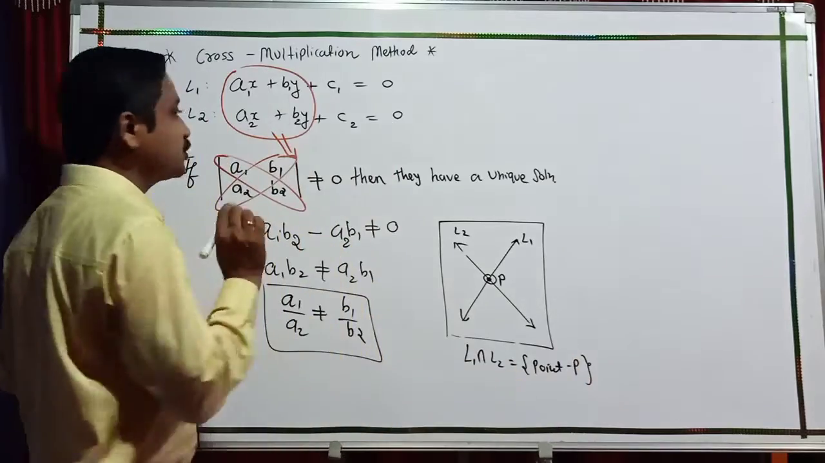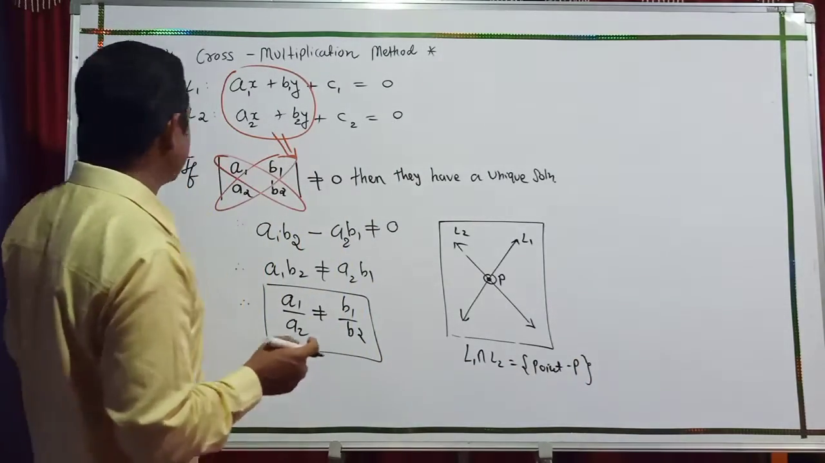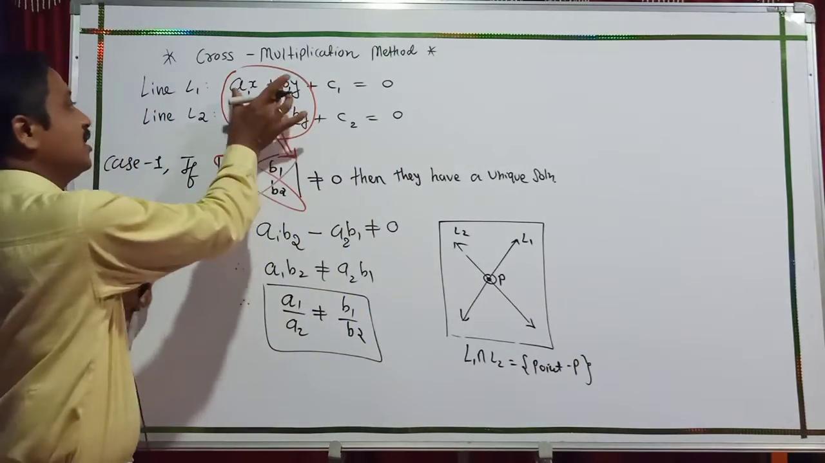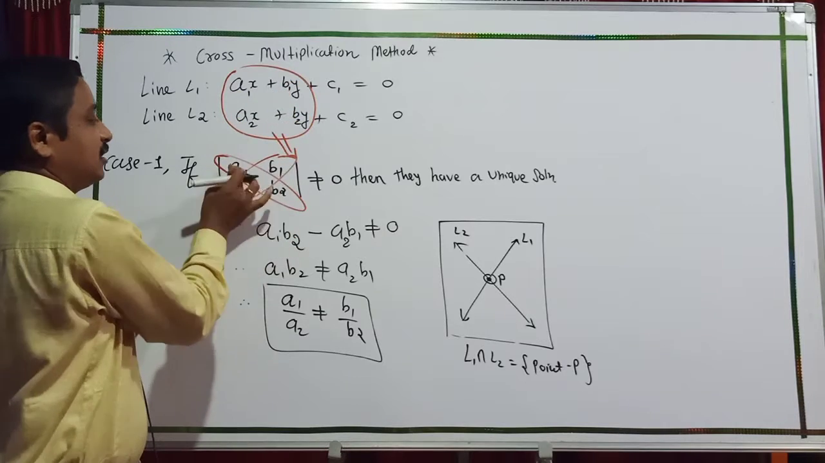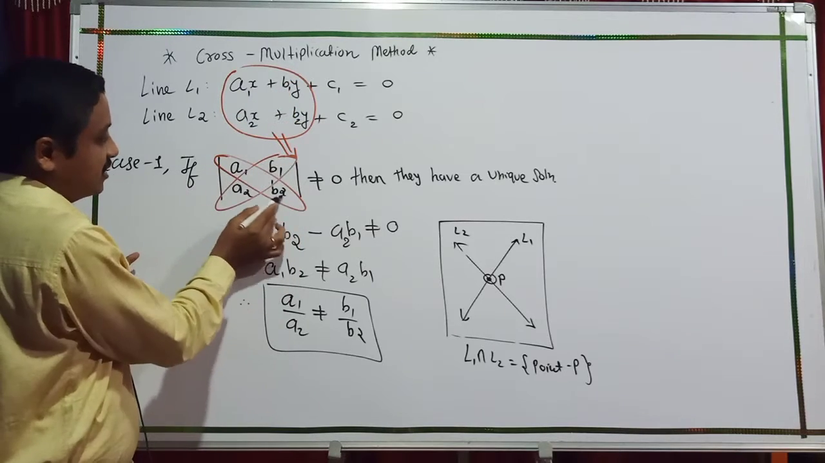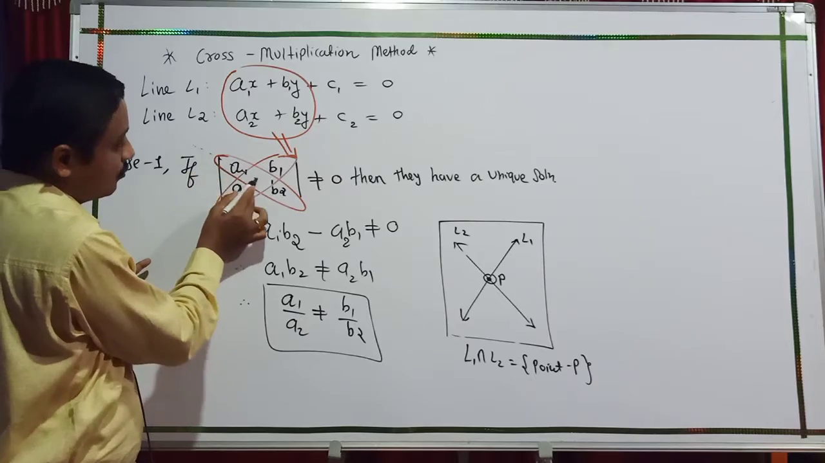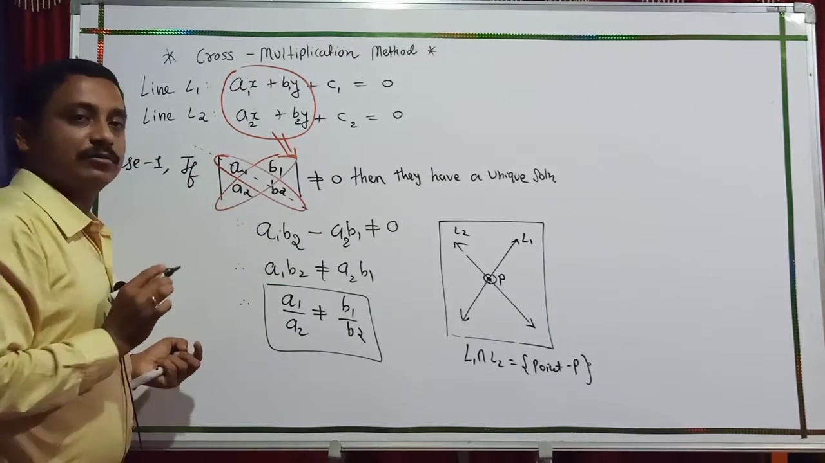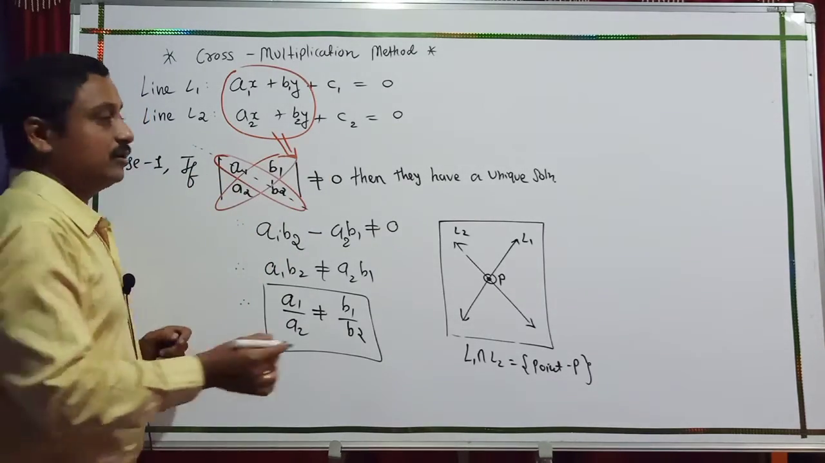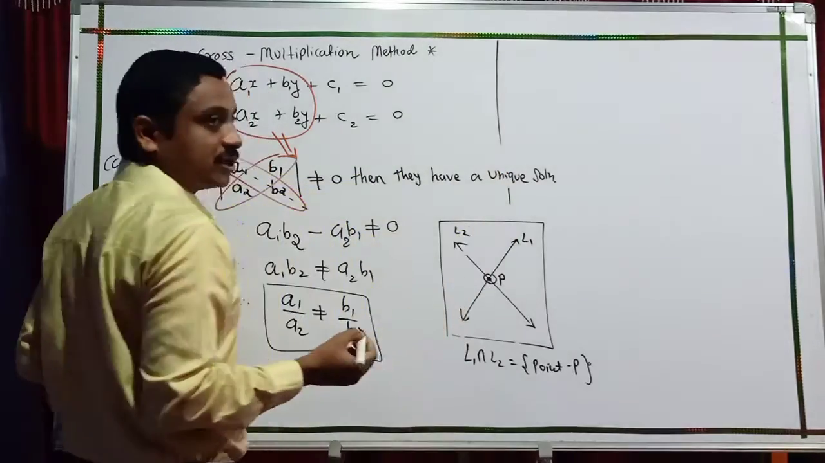And here your unique solution exists. Now students, case 1, one more time I explain to you. A1, B1, A2, B2 applying in the cross products. These are the principal diagonal minus the secondary diagonal, and you get the value for our solution, for a unique solution. Now the second case,